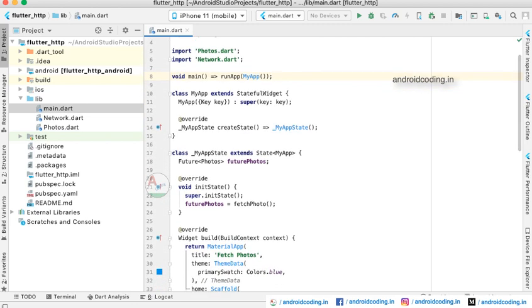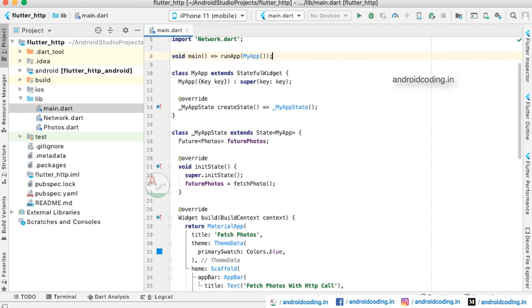In this particular tutorial we are dealing with populating the data from HTTP, and here we are retrieving an image and a description for the image. So these are the two fields we are fetching from the JSON API and we are populating them onto our screen. So let us start with the void main, inside which we have a default class MyApp, which is extending a stateful widget.